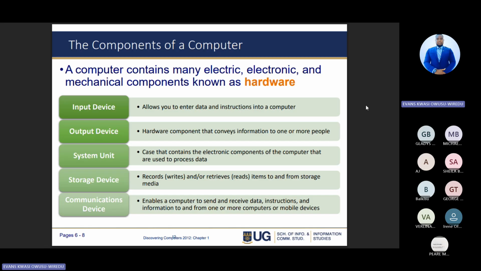So within all these, it's all called hardware because they are basically things that we can see and feel. So the computer is made up of components that we can see. Now these components are classified, because if I say list the physical components of the computer,